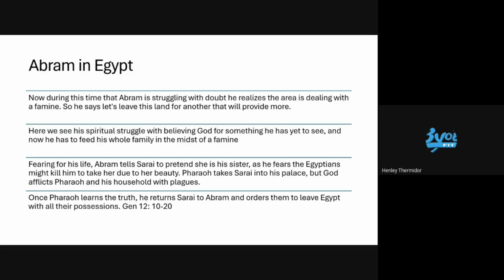Now, because he's worried about how he's going to take care of his family, after he finishes getting into Egypt, he has his money, he has his stuff. They realize he's somebody of status. While he's going through the city, he realizes that everybody's looking at Sarah. And because of that, remember I said he was a little paranoid when it comes to his wife because of how beautiful she is. He looks at his wife and he becomes a coward.